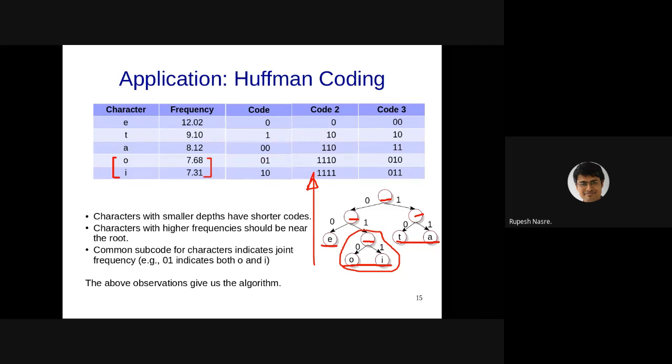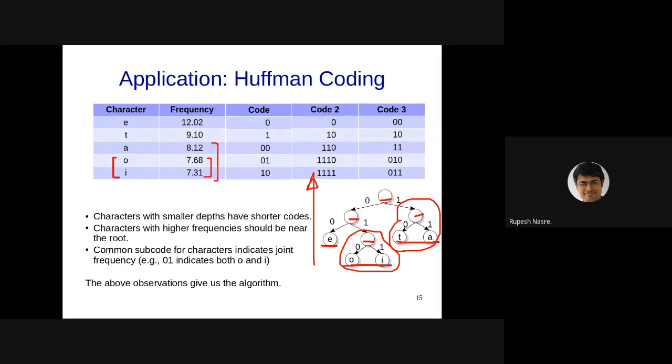Well, obviously the next element should have been A, and then that should be combined with O and I's subtree, right? But I am doing something different here. Why is that happening, right? So there is a subtree built with T rather than O and I. Why would that be? Any thoughts on this one?